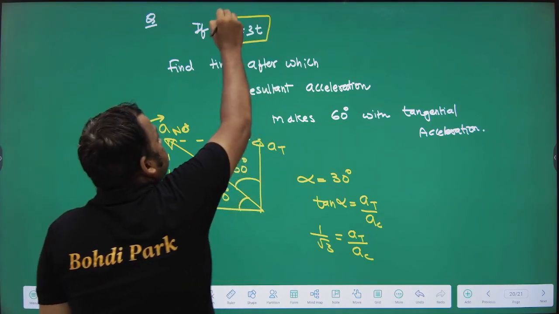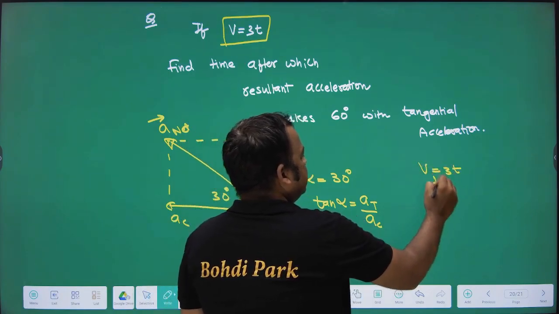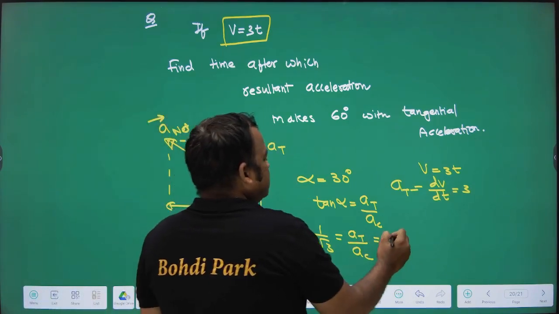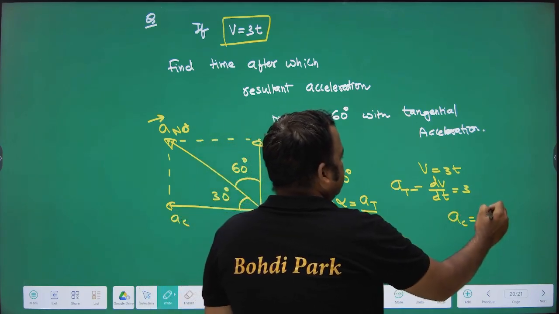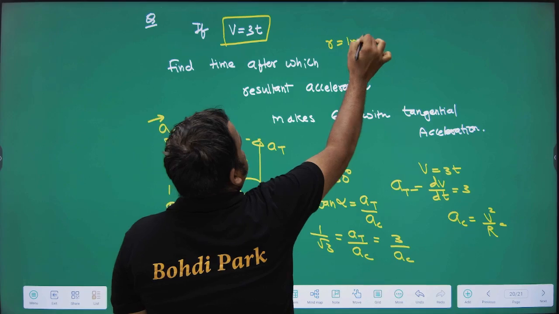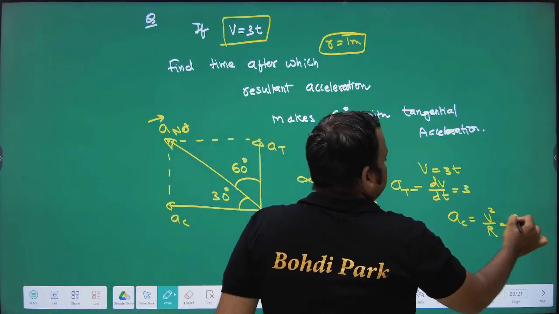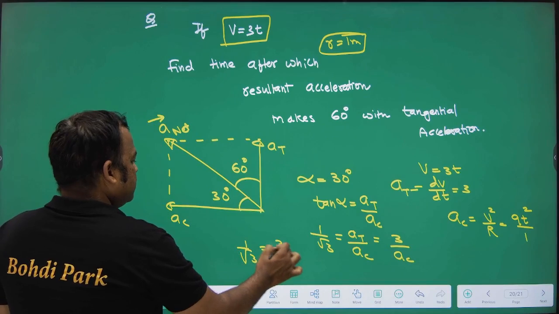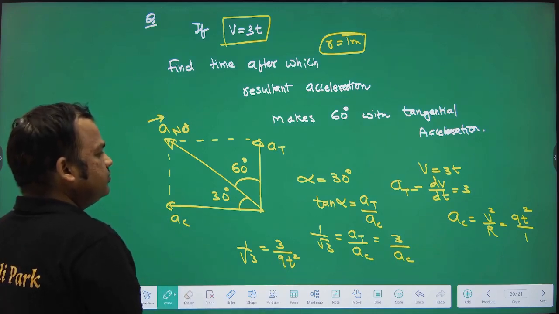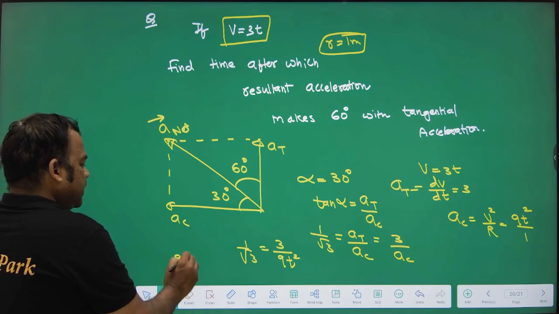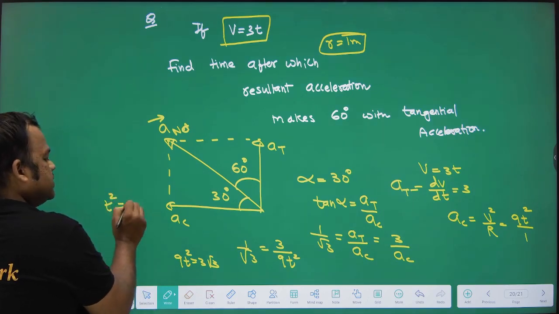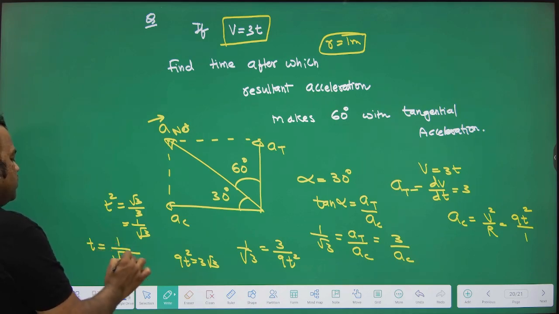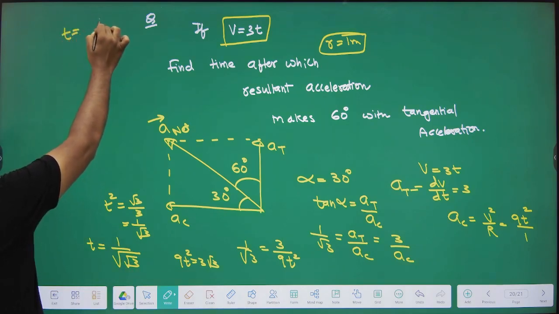Using the given information, V is equal to 3t, we have dV by dt is equal to 3. This is AT, the tangential acceleration. So we have 3 by AC. Now AC is equal to V square by R. Let us assume the radius is given as 1 meter in the question. So V square will be 9t square by 1. We substitute these values here, so we get 1 by root 3 is equal to 3 by AC, which is 9t square. So 9t square is equal to 3 root 3, or t square is equal to root 3 by 3, or 1 by root 3. So t will be 1 by the square root of root 3, or we can say t is equal to 1 by 3 raised to